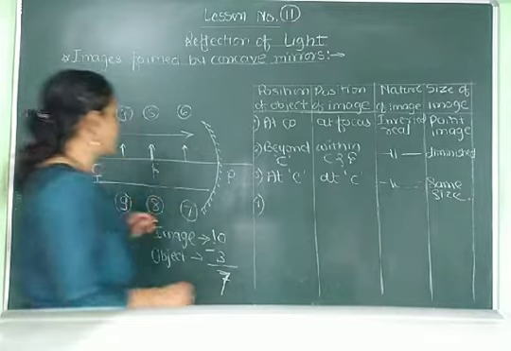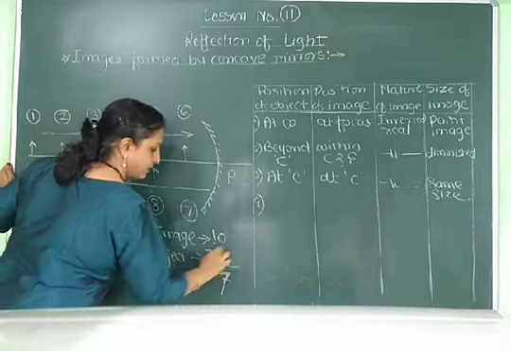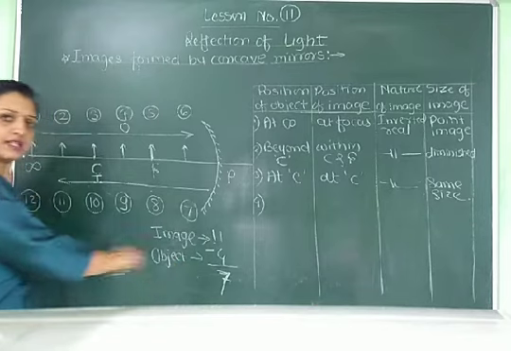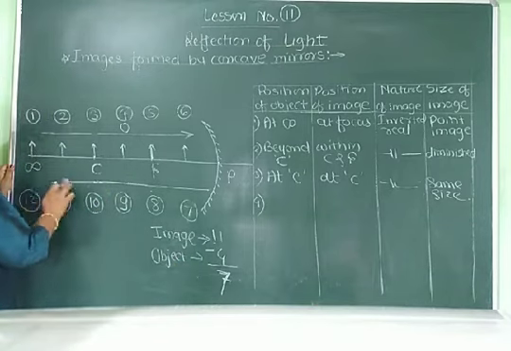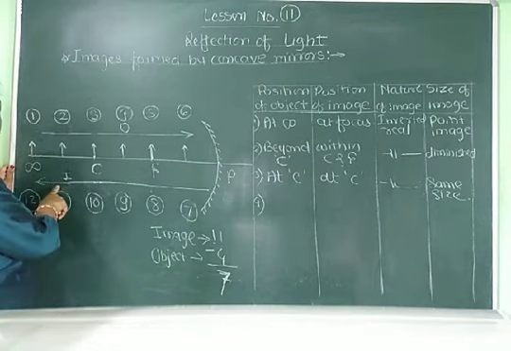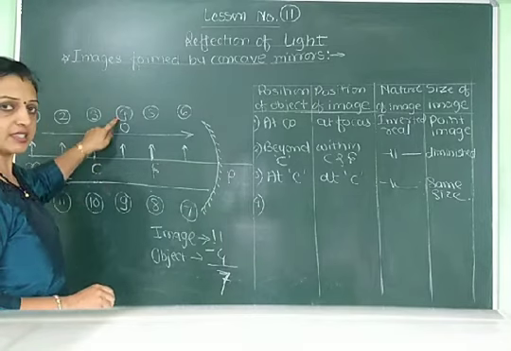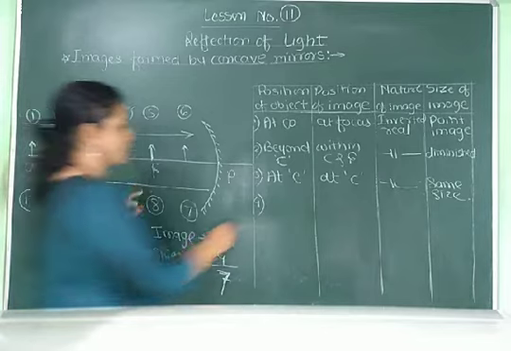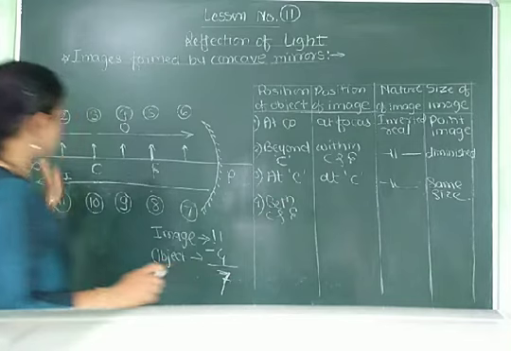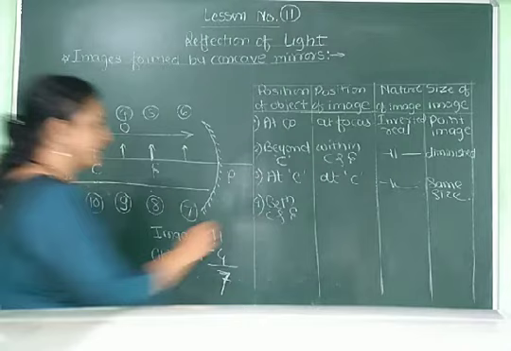Now let us consider the next. Suppose we place the object at position number 4. So here we write 4. Then here we get its image at position number 11, because 11 minus 4, that is 7. So we get its image at position 11. It means beyond the center of curvature. So if we place the object between C and F, position number 4, where is it? Between C and F. So let us write here between C and F. And here we get its image beyond the center of curvature. 11 means beyond the center of curvature.